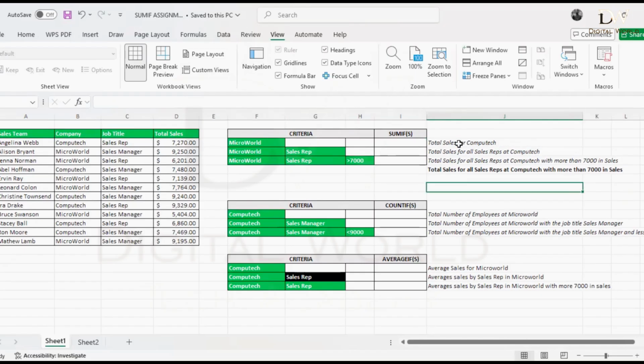So now the first question is this. Total sales for Computec. You already know that Computec is your criteria. Fine. So what you first go and do is to find